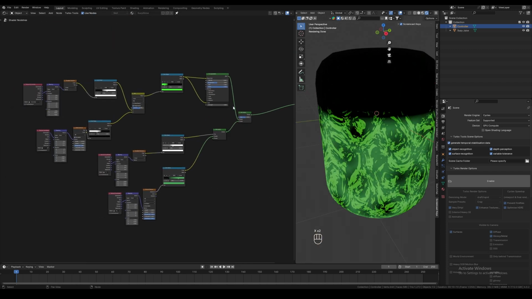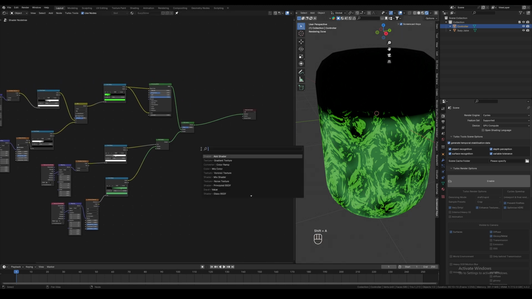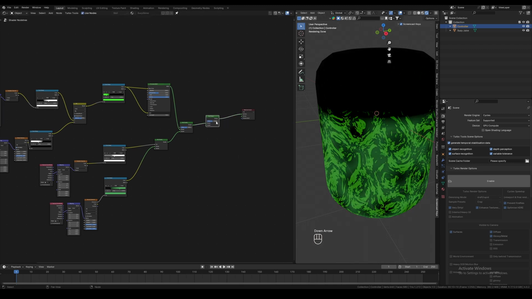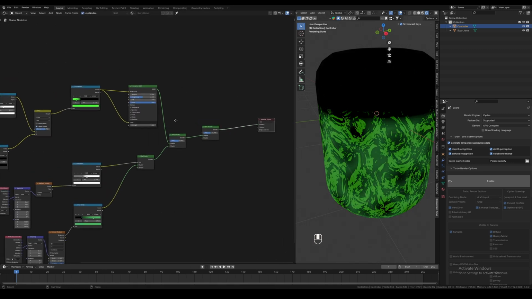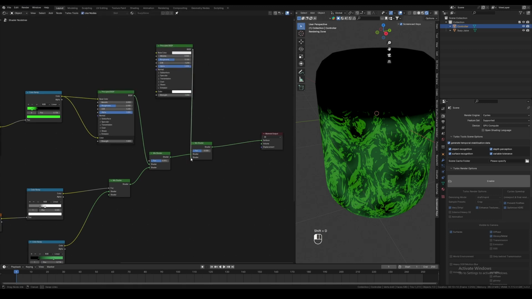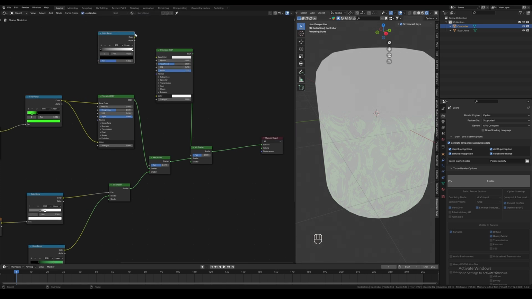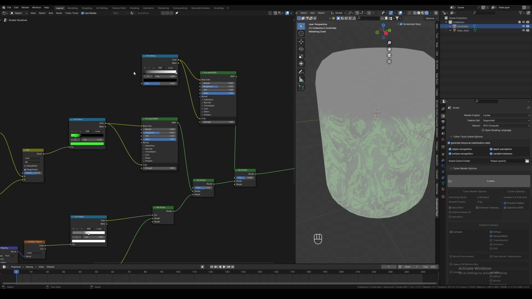All right, now with the top and bottom done, we are going to move on. There's only 2 more parts left to do. So we're going to grab a Mix Shader, plug that into there. We're going to duplicate this principled BSDF, plug that into the bottom. Now we're going to go grab a color ramp and a gradient texture again. We're going to plug the color into the base and that, just like that. And then we're going to grab our gradient texture,